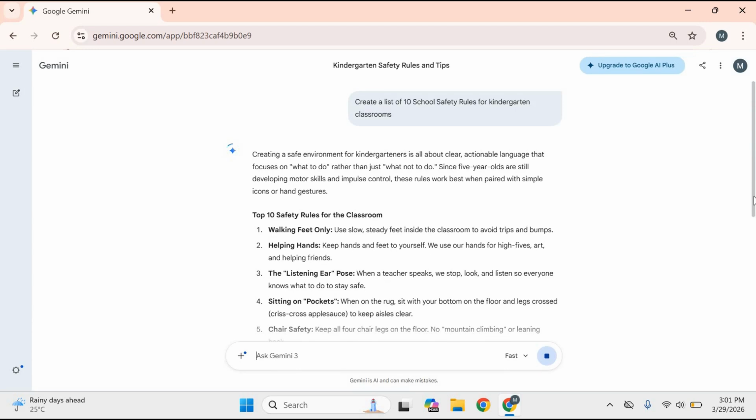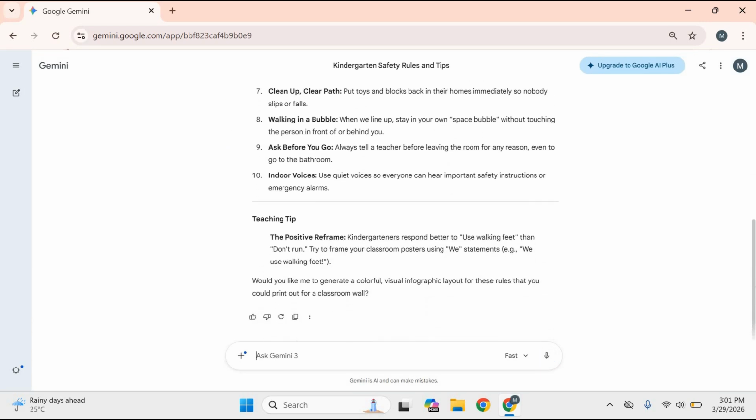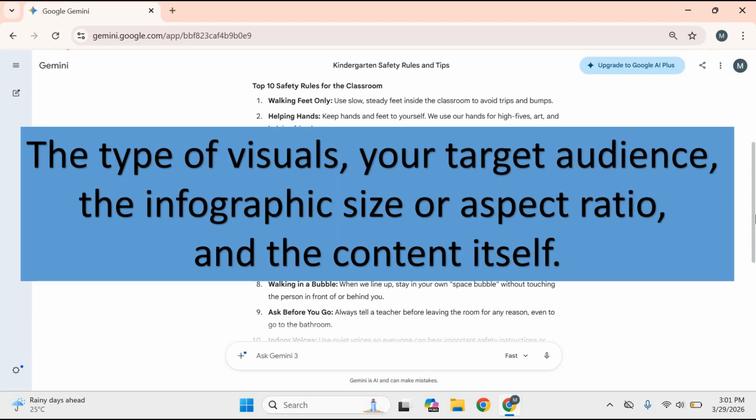Now comes the important part, turning that text into a visual. For this, you need a clear and structured prompt. Think of it like giving instructions to a designer. You just need to specify 4 things: the type of visuals, your target audience, the infographic size or aspect ratio,